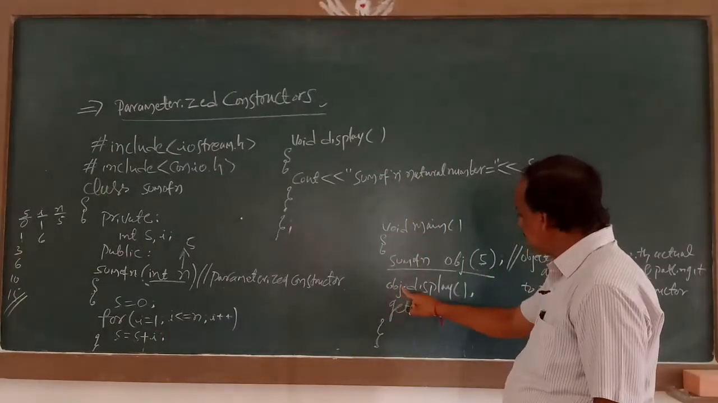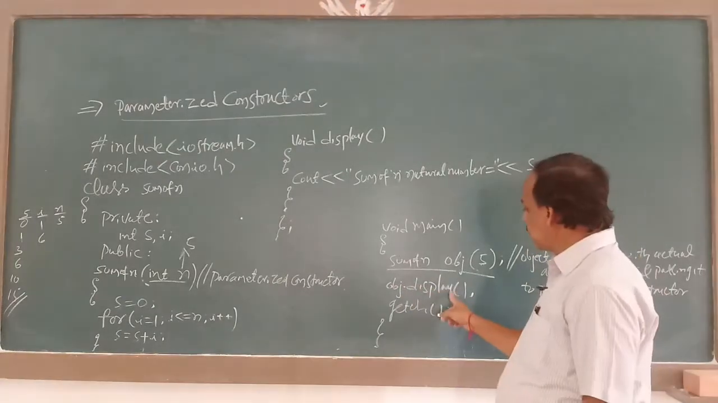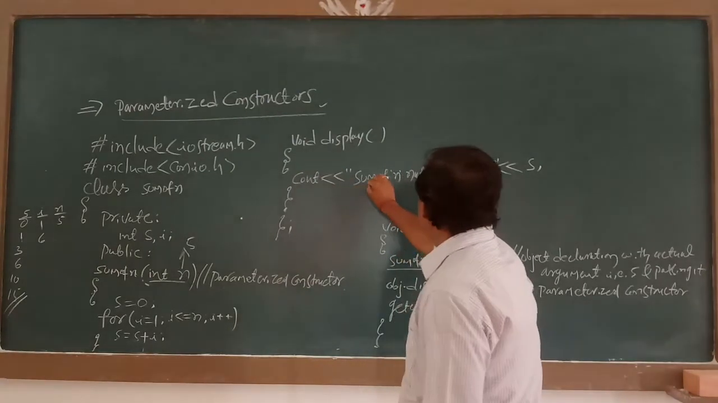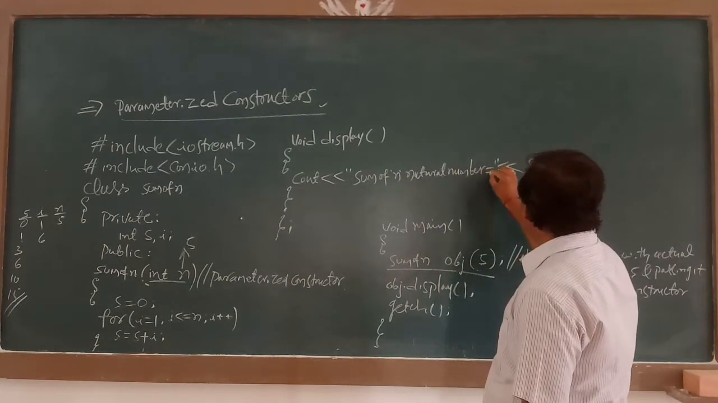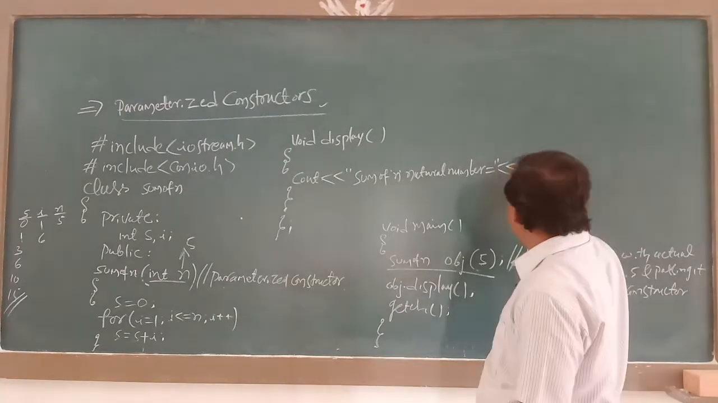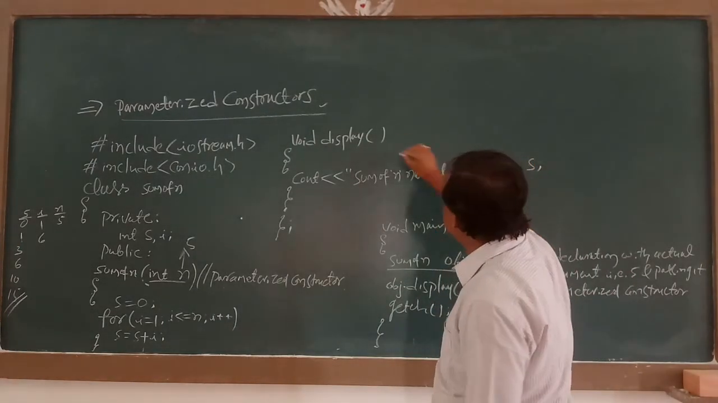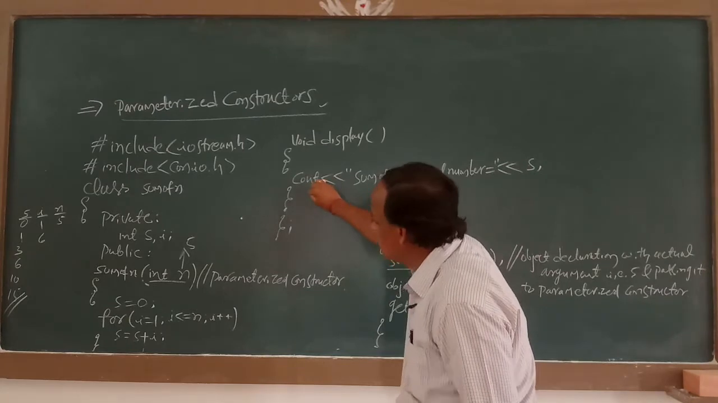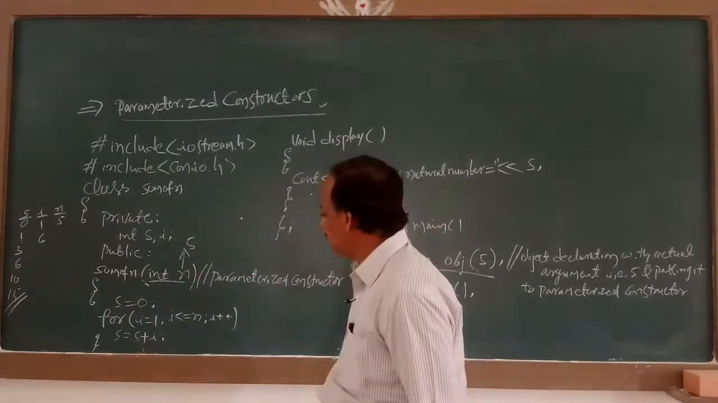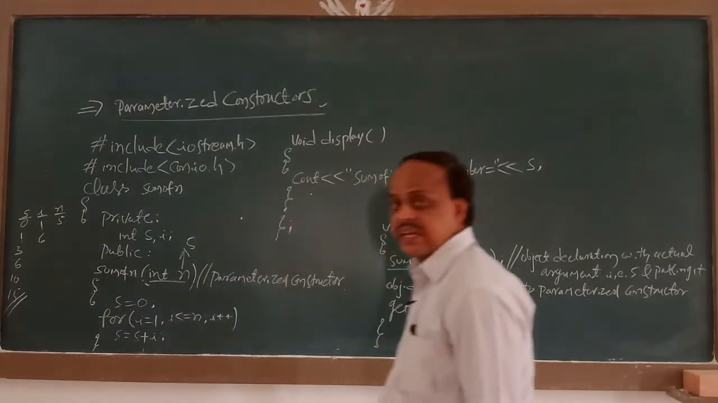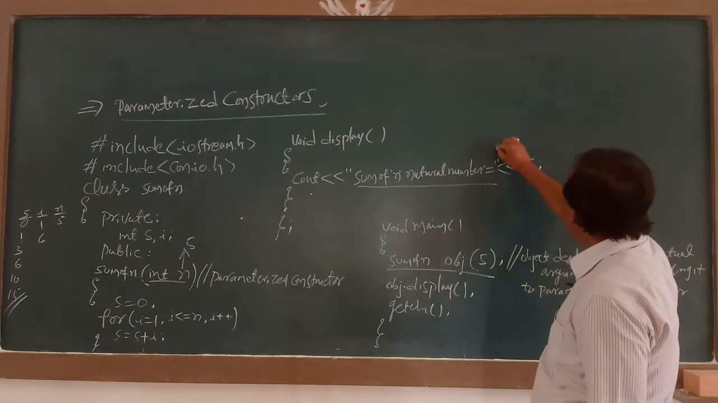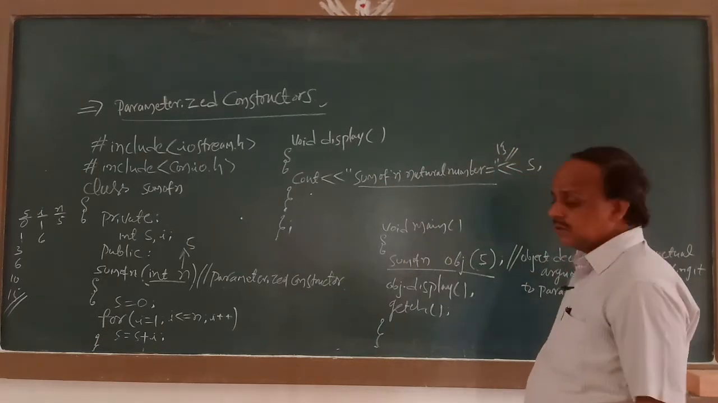Here, object dot display function means it goes to the display function. Here what happens? The output, sum of n natural numbers is equal to S. This display function is there in the class, and this constructor is also there in the class. So this S holds 15. Therefore, what we get? Sum of n natural numbers is equal to 15. So in this way